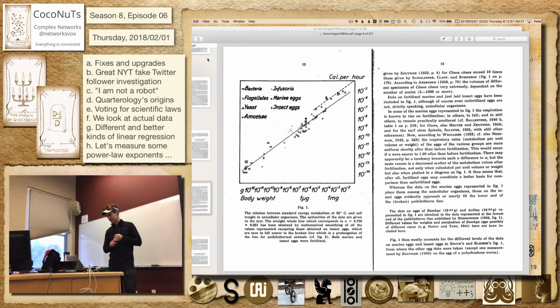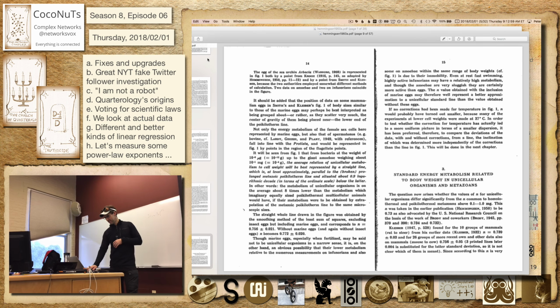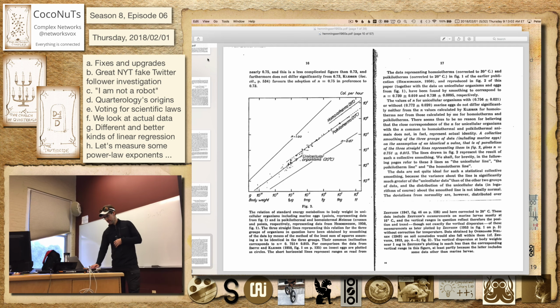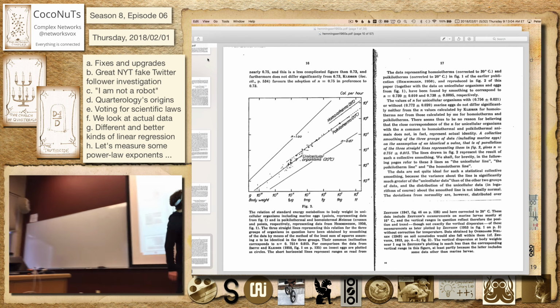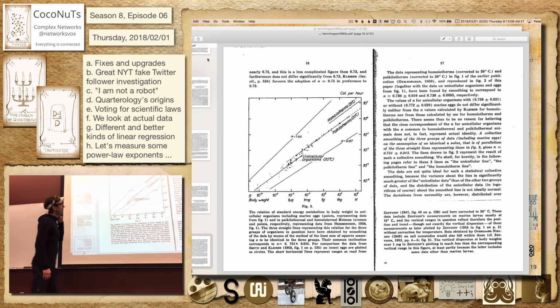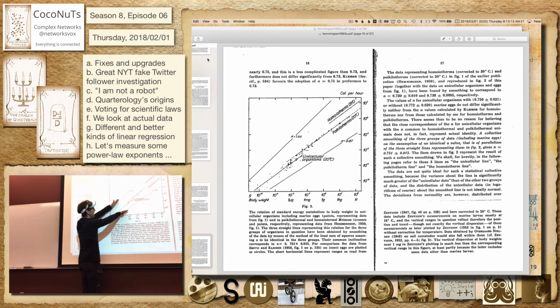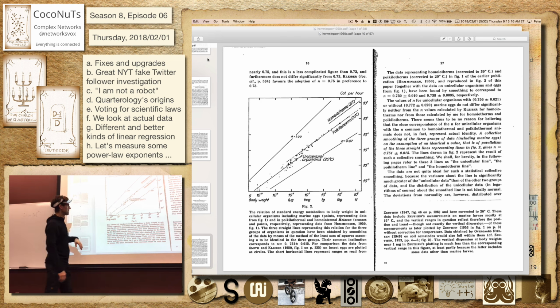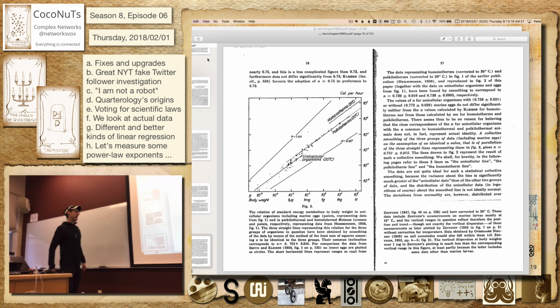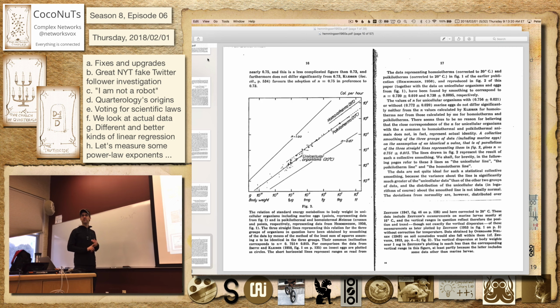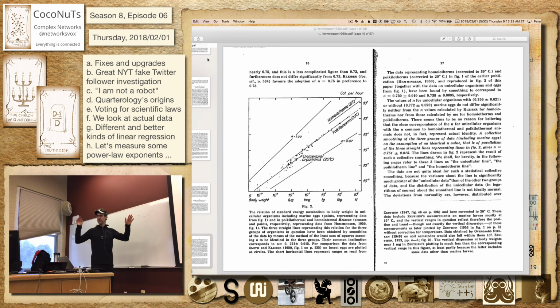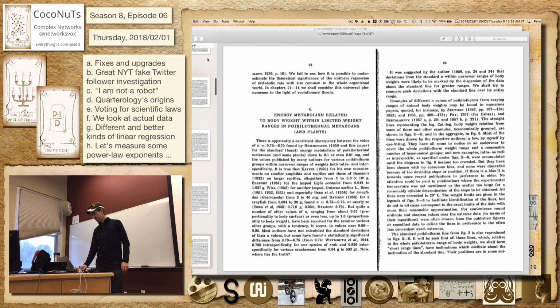There's insect eggs, bacteria. There's trees in here somewhere. Poikilotherms, which are cold-blooded organisms, unicellular organisms. So this becomes the reference now for, and so here are the two slopes, right, of 1 and 2/3. This becomes the citation that people use for saying that this is true for not just mammals or birds, it's true for everything, right? If you can somehow go down to unicellular organisms, or you could do it for trees, everything. Okay. But it's really crazy.